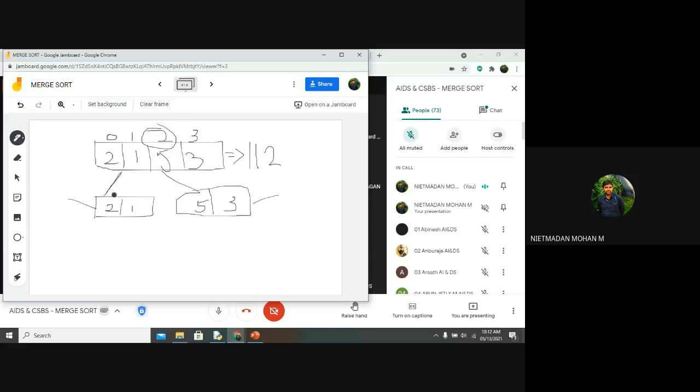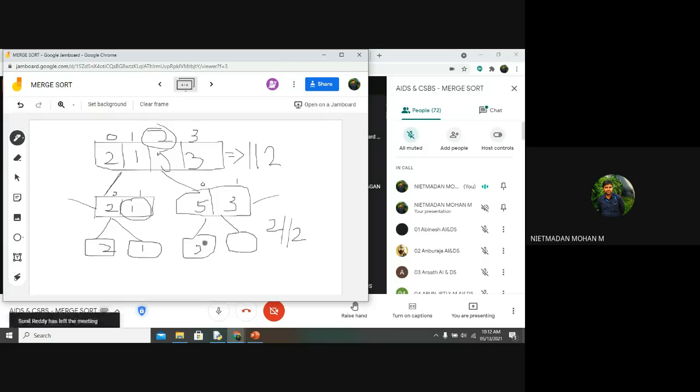After that, for 0 and 1, 2 divided by 2, floor division, gives 1. So it will be splitting like this, and the same for 0 and 1. Are you clear about this concept? You want to keep splitting until each individual element has been split. This is the basic concept first. Clear?